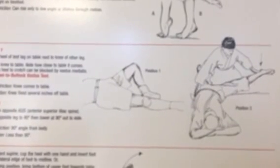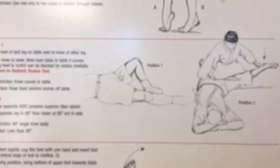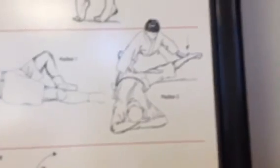And on here it says no restriction. Knee comes to table, and if there's a restriction, then the knee is fixed several inches off the table. Okay, and then the other, this position 2. Position 2, stabilize opposite